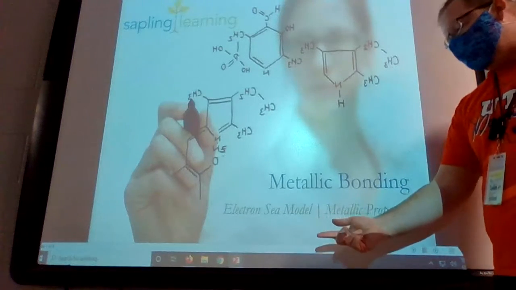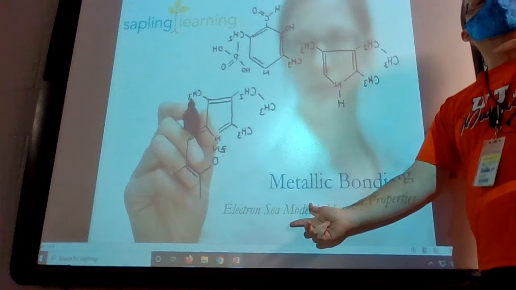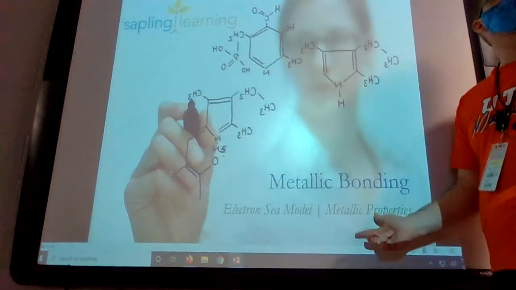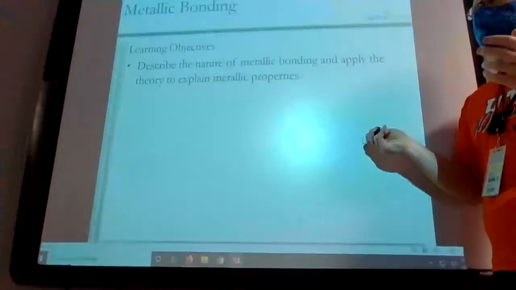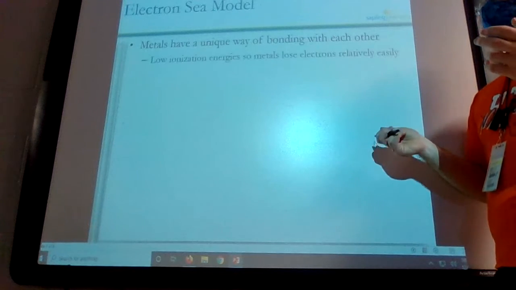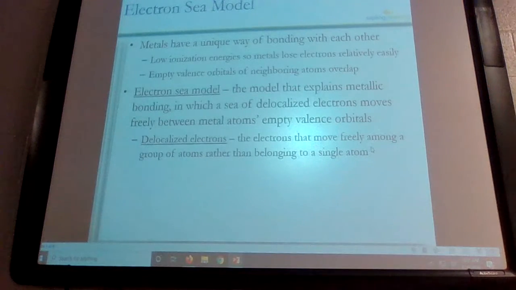And so the concept that we have here is the electron sea model. And then we're going to talk about the metallic properties that we have, the names for those and kind of what they mean. So we've already kind of covered the topic that your metals, especially your metals in the middle,